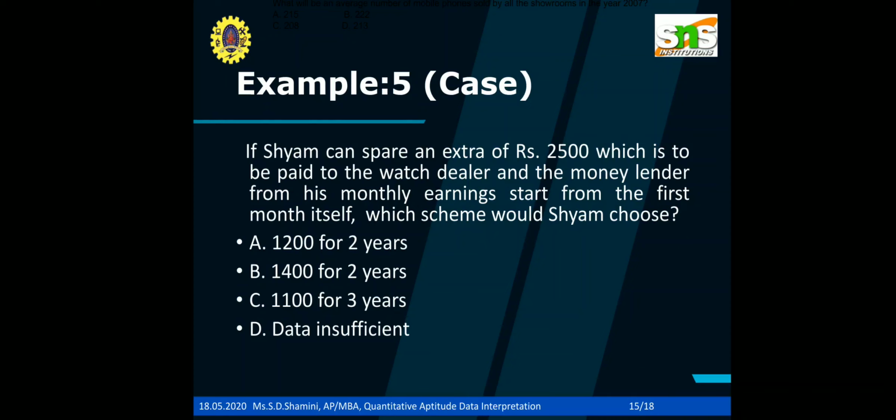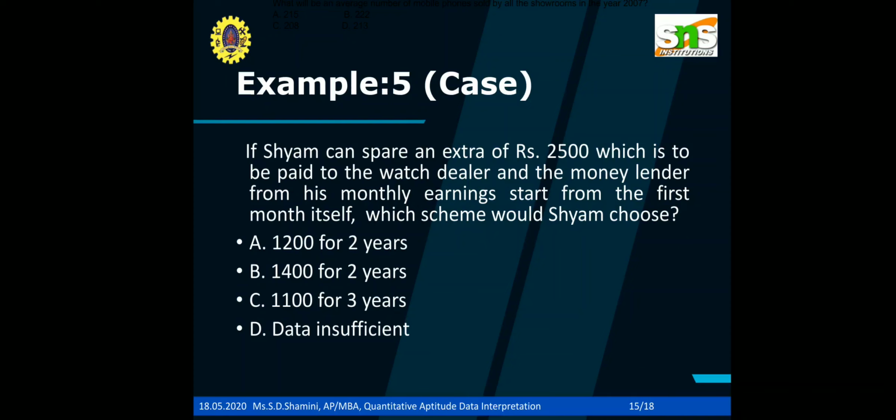ஓகே, so இதில் from the given data the amount that has to be taken for the second installment is rupees 5,000. So the monthly expense of Shyam will be rupees 500 per month plus monthly installment of rupees 1100 per month to the money lender. So the total repayment will be 1,600.